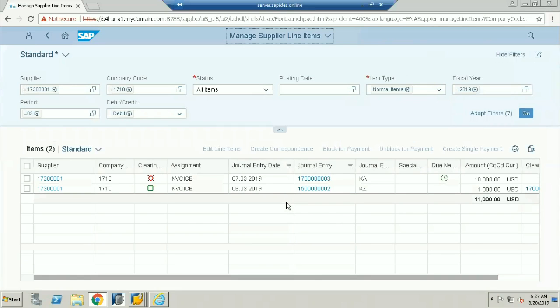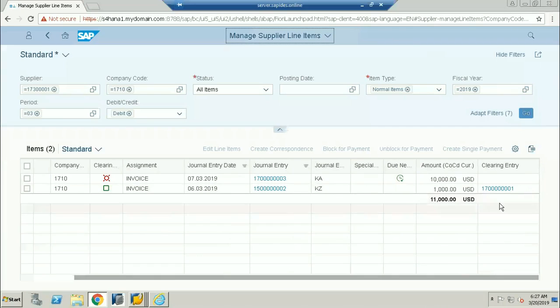Now here you can see, this is exactly the same screen we can see in SAP also. This is the clearing, this is the outstanding, and this is the clearing. You can see this is the invoice and this is the invoice number, and this is the journal entry number. You can see a payment document number and a clearing document number. You can see all the information here. I am showing this as display balances, not as a diagram. This is how it will look in SAP, so this is how it is for the analytical.